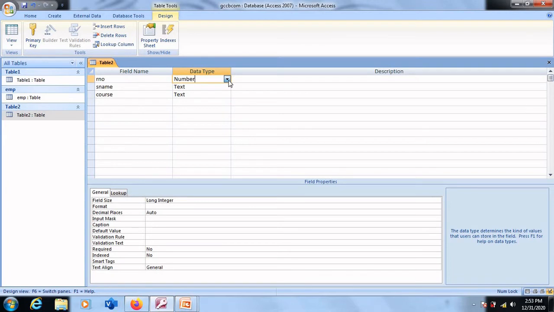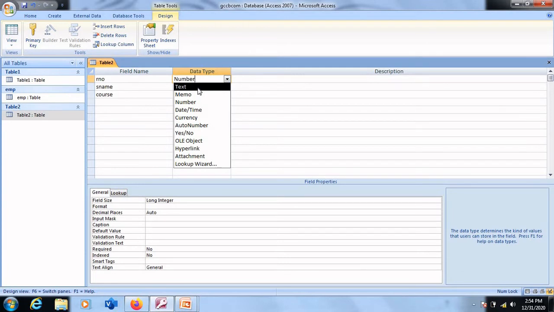The first one we have is called number. Or let us start with text; we'll go as per the sequence. The first one we have is called text. Text data type is used to accept alphabetical characters or special symbols. So if you select the data type as text, MS Access accepts alphabets or special symbols like brackets, star, dot, etc. Special symbols and alphabets are considered under this data type called text.